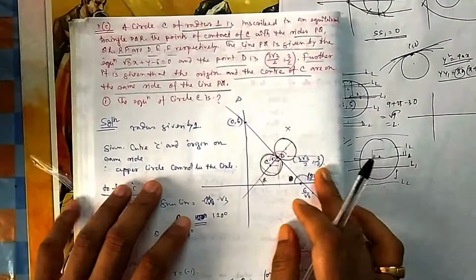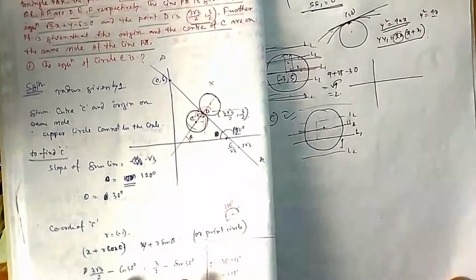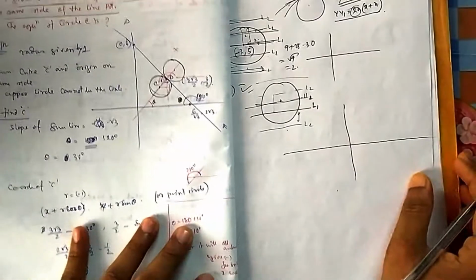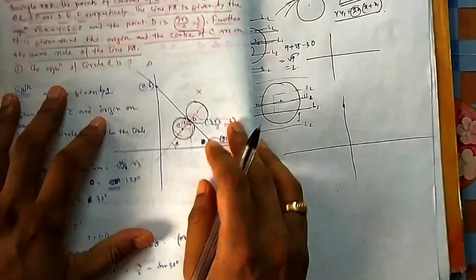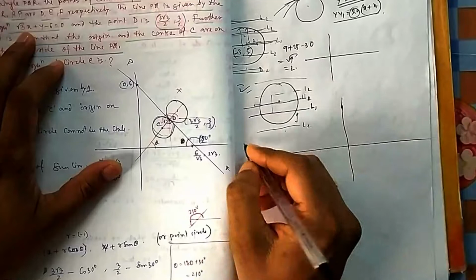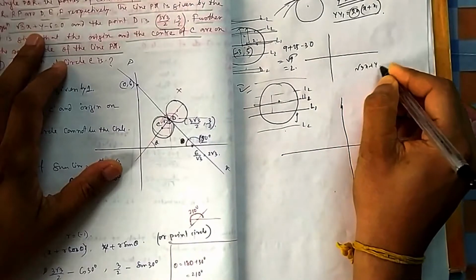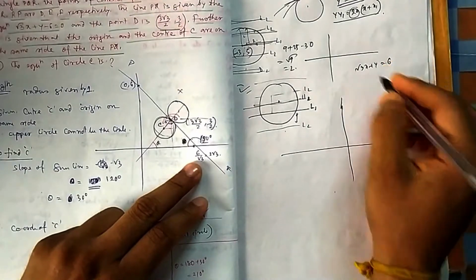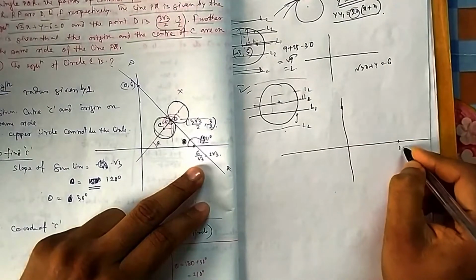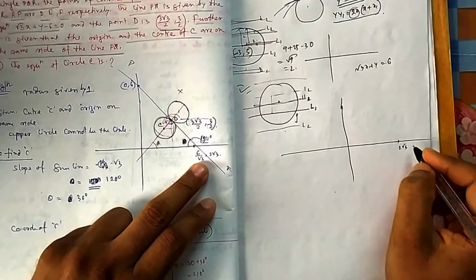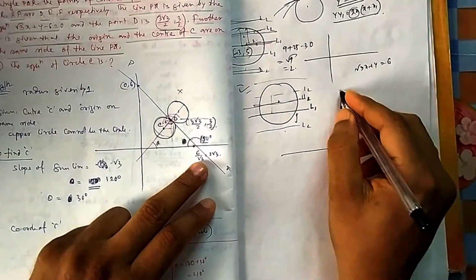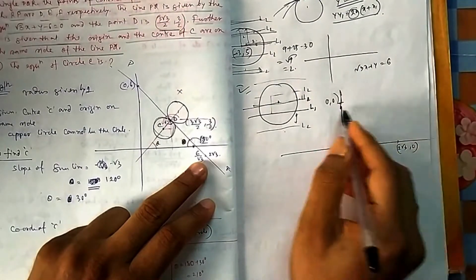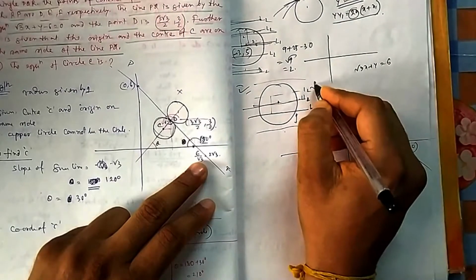So for that let us draw this, because it is the origin side, everything is given. I need to draw exactly, otherwise I cannot find it out. If you draw it, you can see this drawing I have done here. Your straight line is root 3 x plus y is equal to 6. So one intercept is 6 by root 3, which is 2 root 3, comma 0, and the other is 0 comma 6. If you draw the line, this is the PQ line.